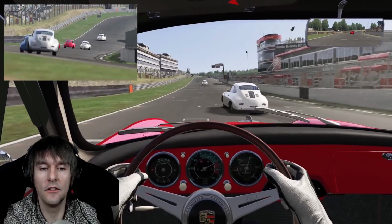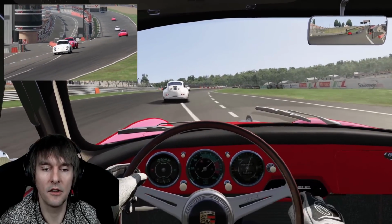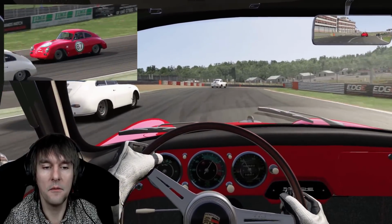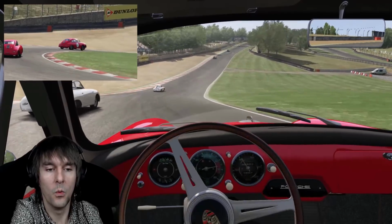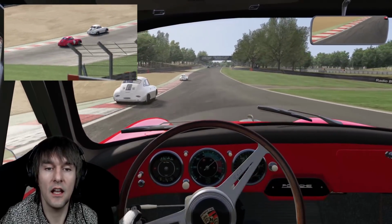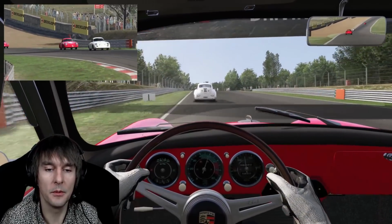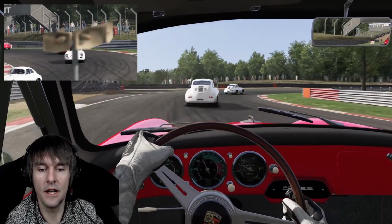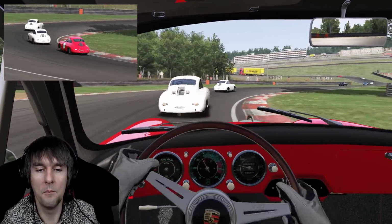So you see those cars in front of us going into Paddock Hill Bend. I can't see the detail because they're that far away. So the LOD B, or even the LOD C, which is an even less detailed version, would kick in. So I could still see the car. Hopefully it wouldn't be noticeable to the vision, certainly in a race environment, but it would save considerably on performance